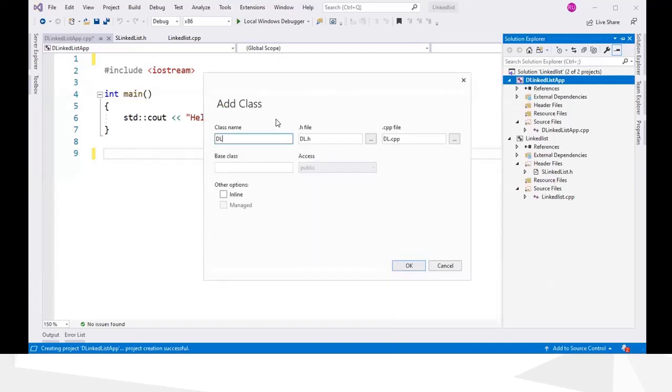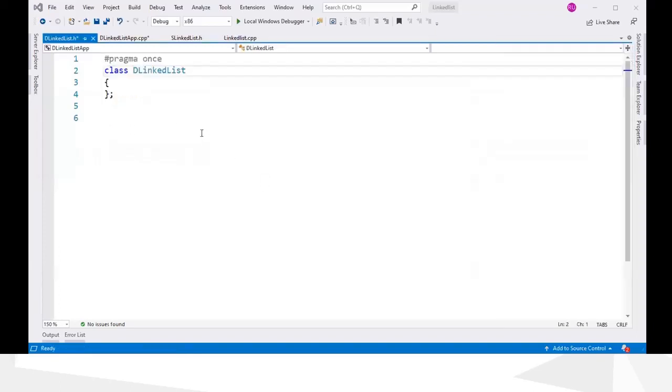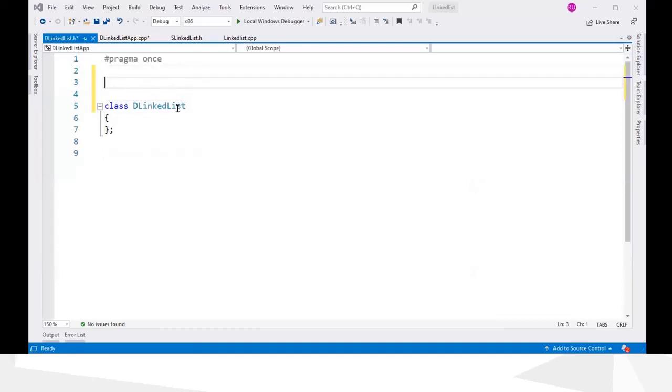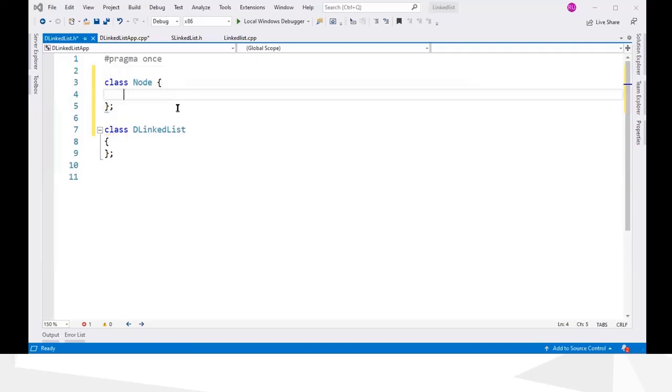I will make this a DLinkedList, and I will make it inline to make it easy. Now you will not have a CPP file. Everything will be in the header file, so it will be easier for me. And I need a node class. Since this is a new project, I can use the same class name. Otherwise I would have to use a different class name.